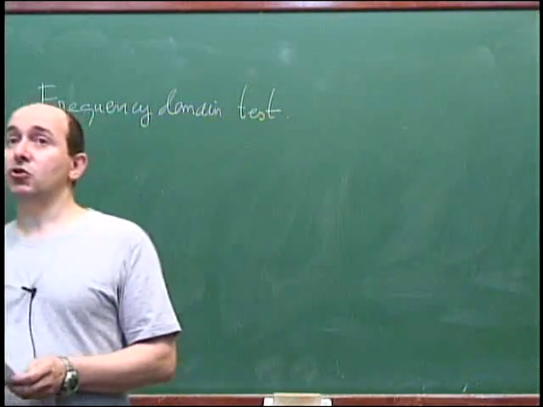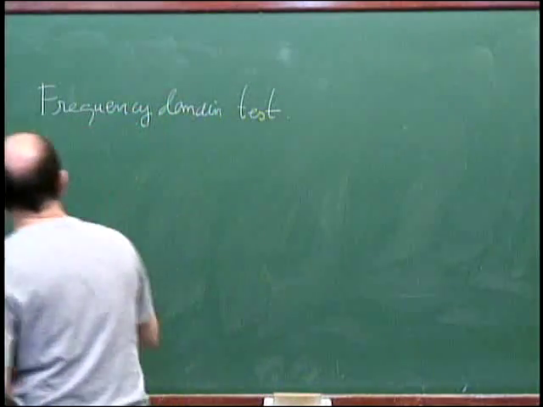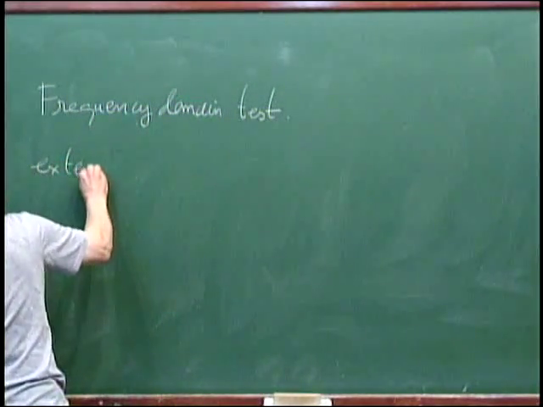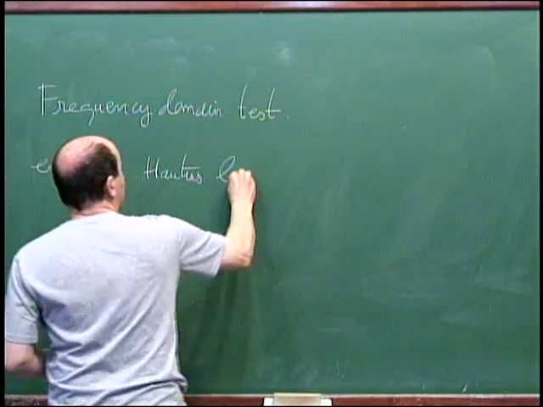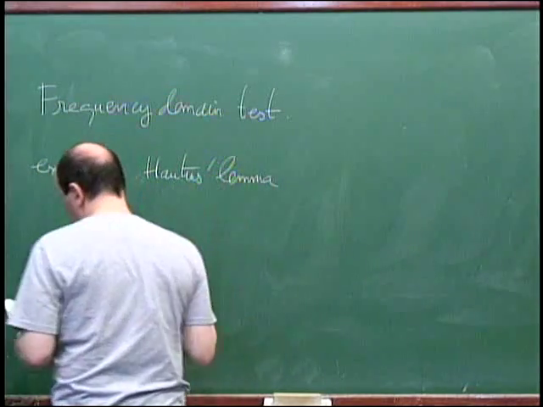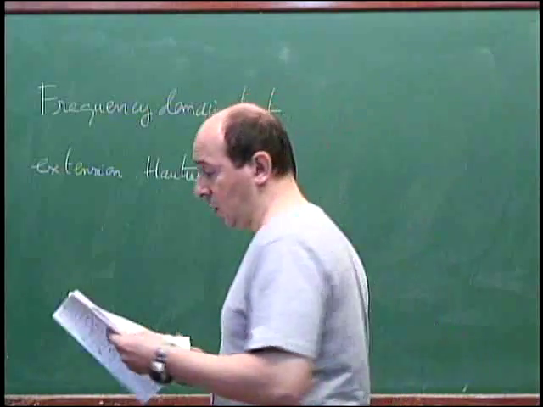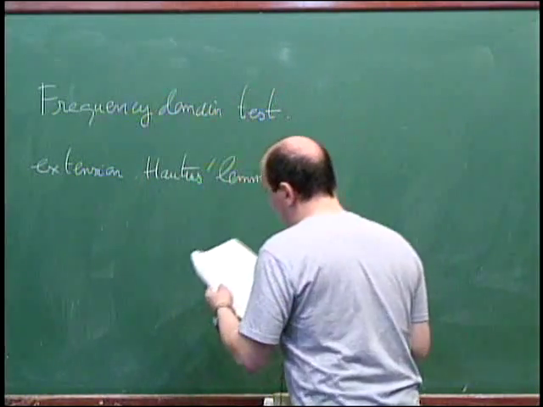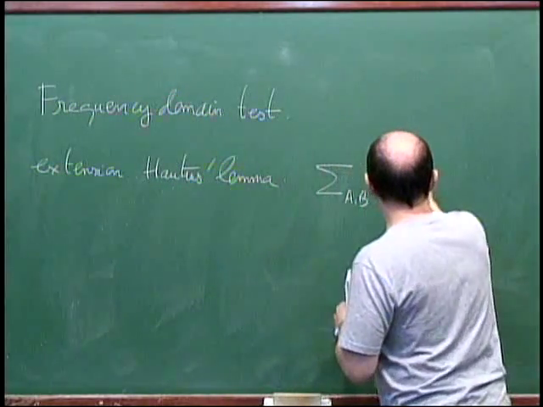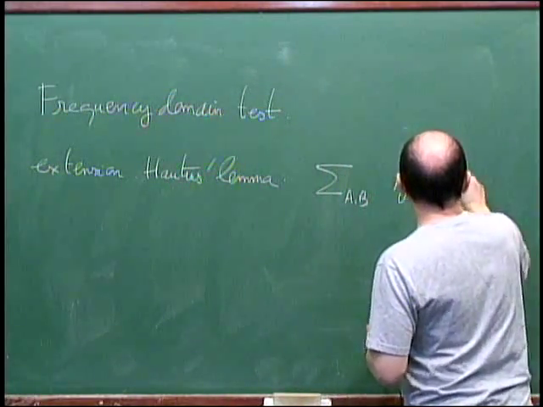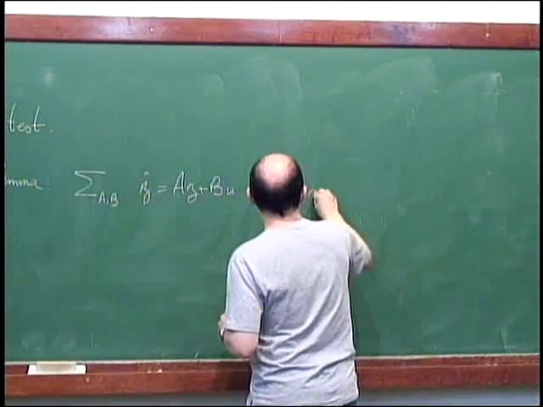It is an extension for PDEs of the classical Hautus lemma, which is the criterion to see whether a control system in finite dimension is controllable or not. So the Hautus lemma tells you that if you have still this kind of system, but in finite dimension, so something quite simple, where A and B are matrices,